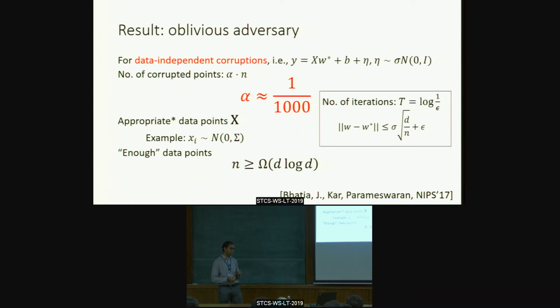So this says that now if you take your n to be infinity, we will be able to estimate W star exactly despite the presence of this white noise. And this is very satisfying in the sense that it says that even if your problem has outliers, it doesn't matter. We will still be able to do as well as what you could have done in an outlier-free setting. Okay, all right. So now